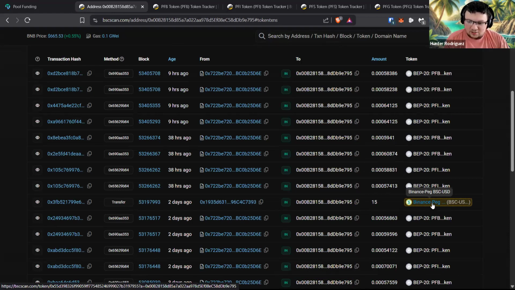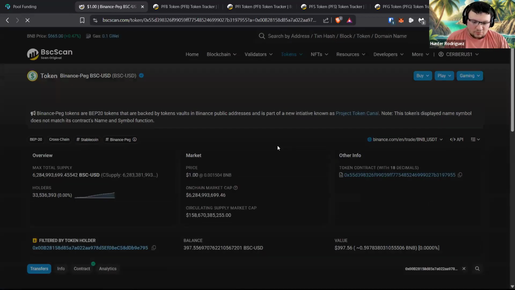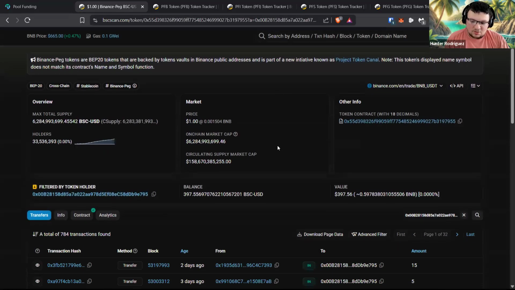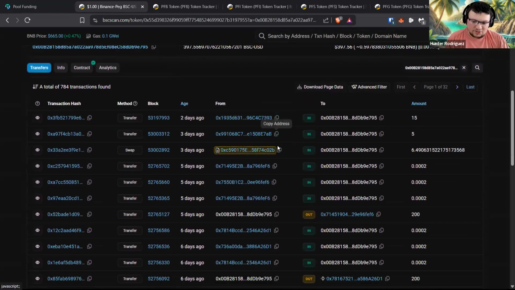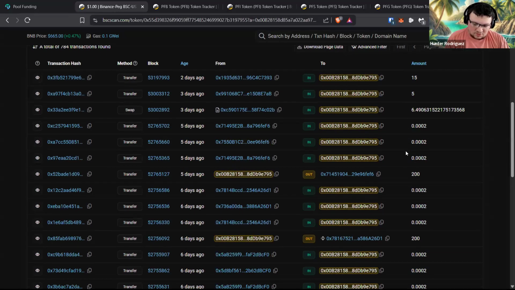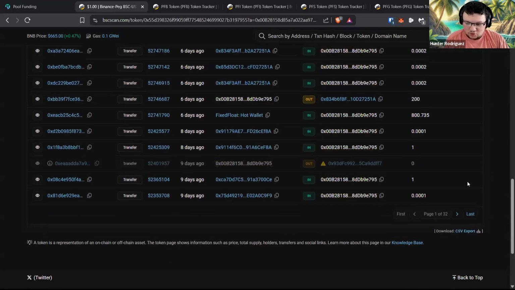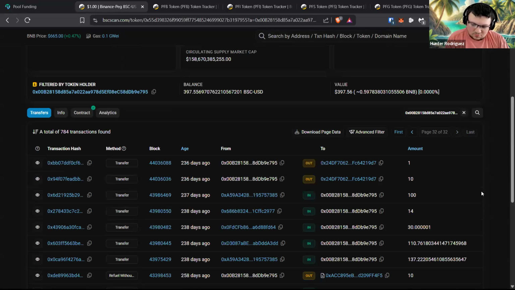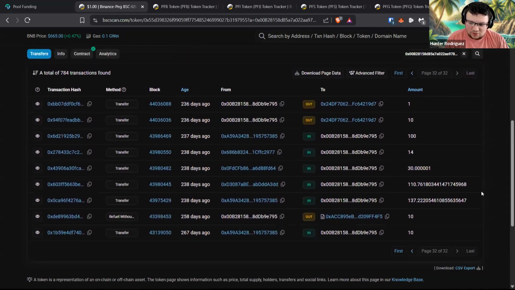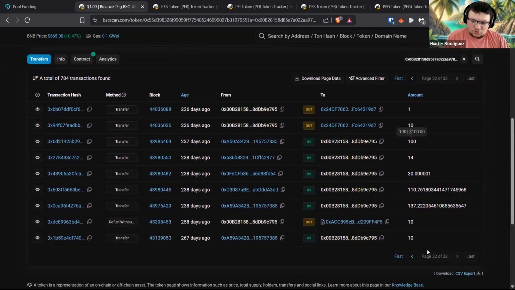So we can go ahead and click there to filter out transactions that don't involve USDT, so that you only see transactions coming in and out of your wallets that involve USDT. And what you want to do is go through the list. Probably you'd want to go to the last page in most cases